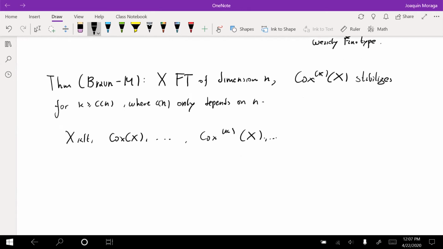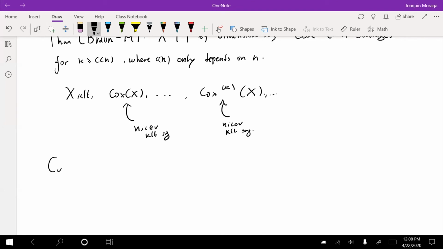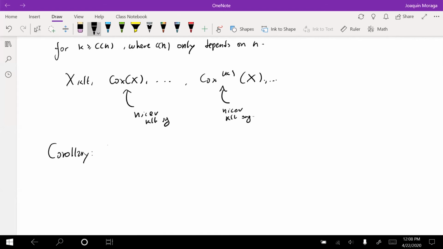So if you start iterating the Cox ring, you will obtain, philosophically, a nicer Klt singularity, and this is nicer than the previous iteration. So let me try to explain to you what the actual theorem is, what the actual corollary is of this iteration. So there exists, for any Klt singularity,